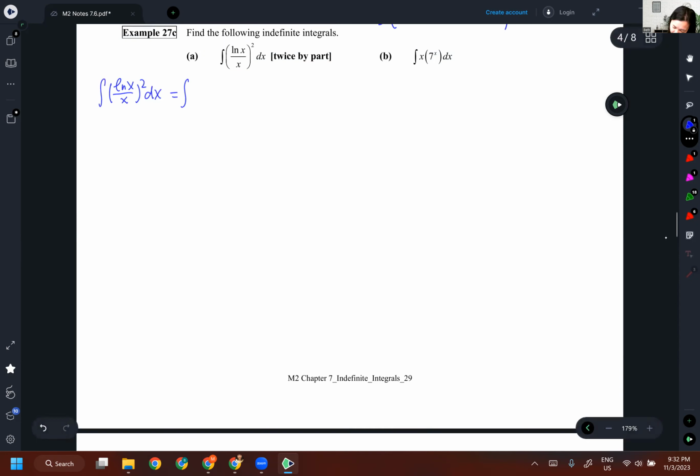That is equal to log x times x to the negative 2 dx. Right? And that is log x. If I put square here, I don't have to write a bracket. And then this is d negative x to the negative 1. Okay, so that's the first time. Now to make this look better,